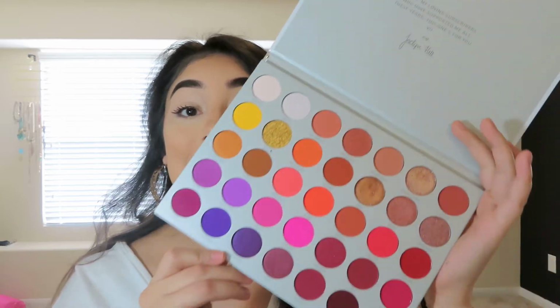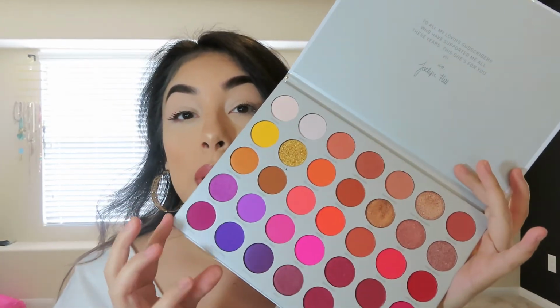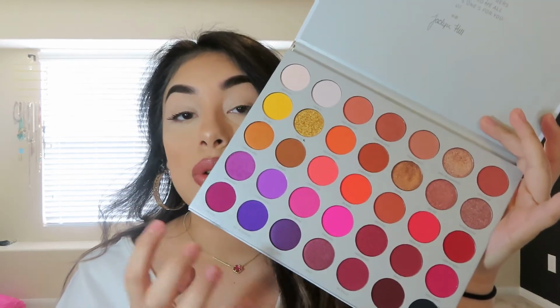Okay, I went ahead and wiped off the first look so that way we can start off with a blank canvas for the second look. So looking at the palette, I noticed there's a lot of pinky tones in this palette. So I really want to play around with the pink tones in here. So I am going to create an all pink look, which we're going to see how this kind of plays